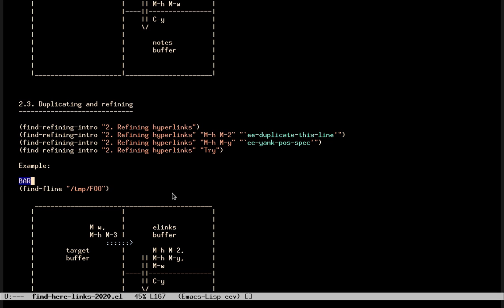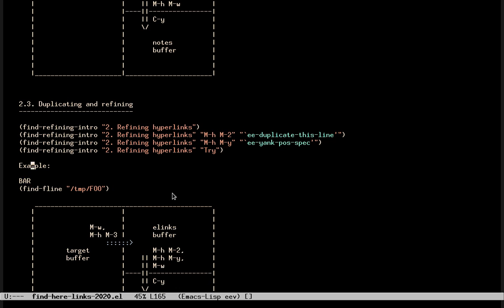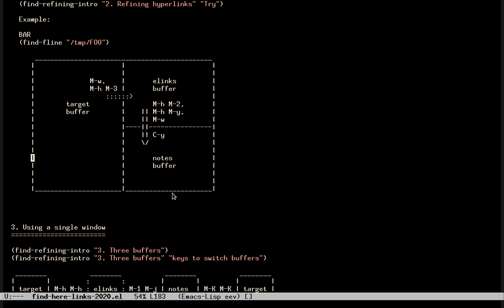Just let me show us an example without that much clutter on the screen. Suppose that I've copied this thing to the kill ring with meta-w, then I can duplicate this line and use meta-h, meta-w. So at this stage, what we are going to do is switch to the 3-window setting